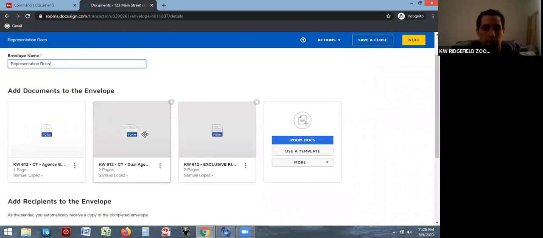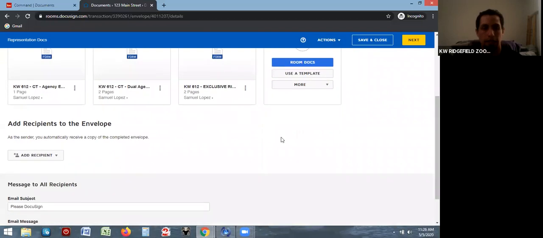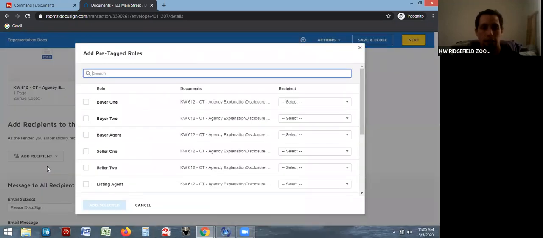As you can see, it pulled 3 documents for me. This is the envelope. And then in the next section is the add recipients to the envelope section. This is where you're going to put who you are sending this to. So you're going to click this add recipients dropdown, and you're going to click the first option, which is pre-tagged roles. And from there, you're going to get this box, which has a whole list of possible roles that are